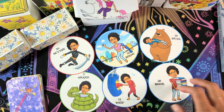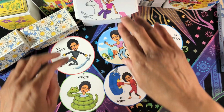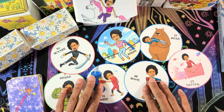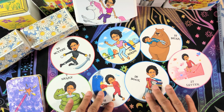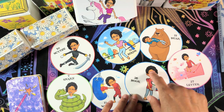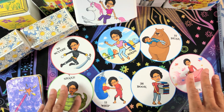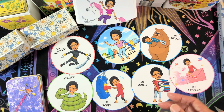I really said I wasn't ever going to make a Bitmoji Lenormand, but I wound up doing one this year. You can see I made it as circular cards, and you can see just some of the cards that I made. I actually turned this into a Lenoracle, so it goes way beyond the 36 cards for Lenormand. I just kept adding more things because it's a lot of fun. With the Bitmoji app, you make an avatar for yourself, and then you can put it into different scenes. Like I said, what Jamie does is give you some good search terms, so you can look up different things,